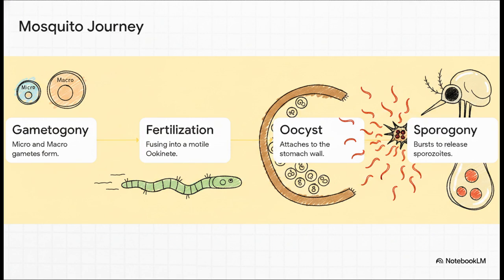But unlike a normal static zygote, this one can actually move. It's an elongated, worm-like motile zygote called an ookinete. That is a very frequent exam question, so write that down. This ookinete glides through the stomach wall, forms an oocyst on the outside, and then undergoes sporogamy. The oocyst bursts, releasing thousands of infectious sporozoites right into the mosquito's salivary glands, completely ready to infect the next